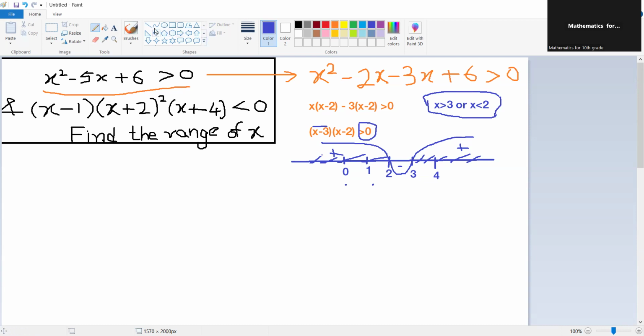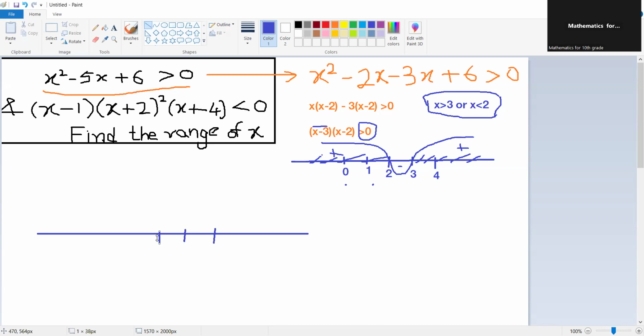Now the second one is even more straightforward because it has already been factorized in the question itself. So what are the roots? So it's 1, -2, and -4. So what do we put x so that this becomes 0? So x is 1, -2, and -4. So let's say it's 1,